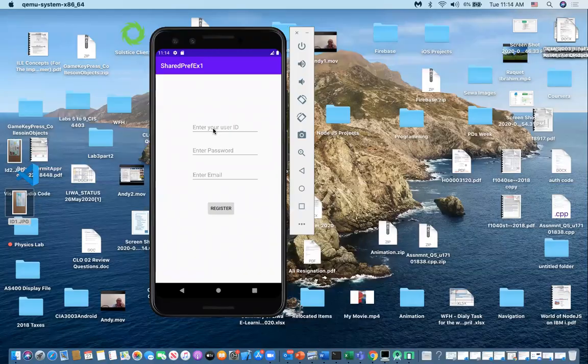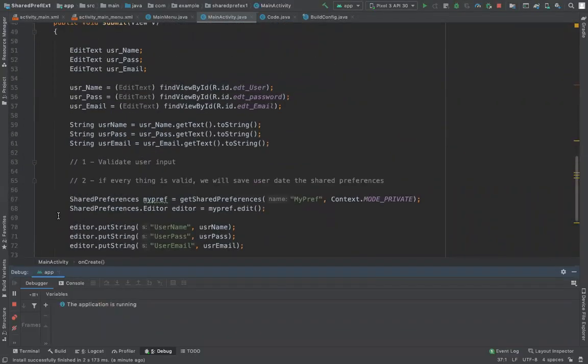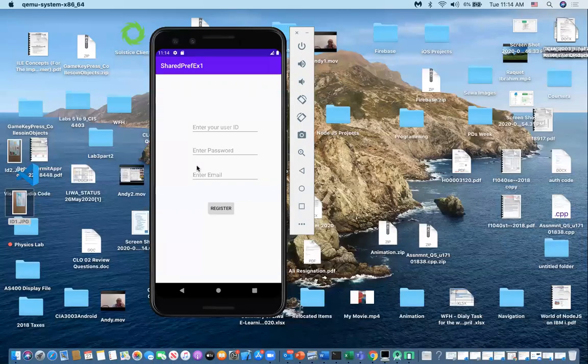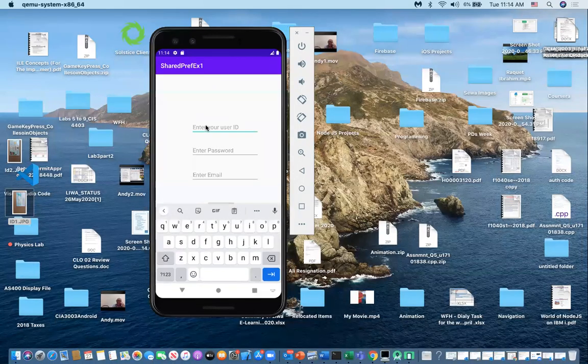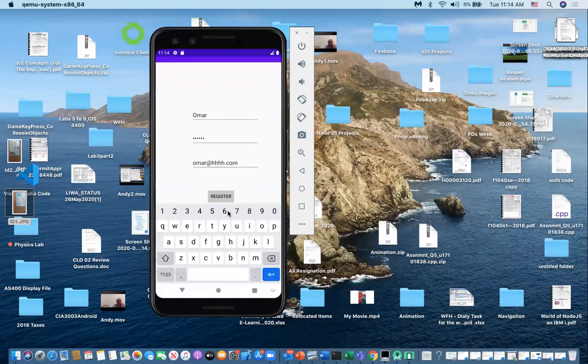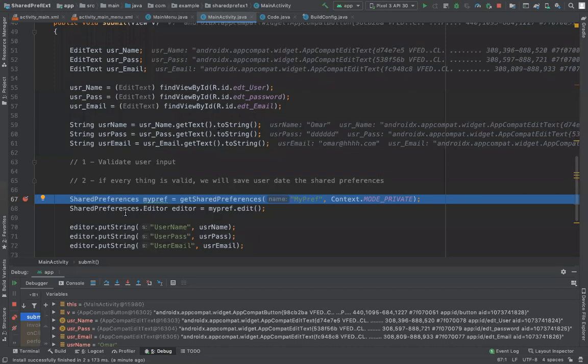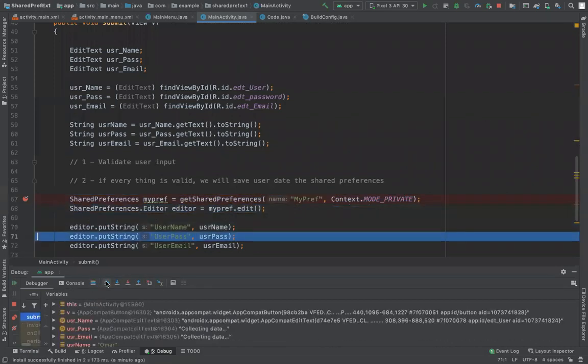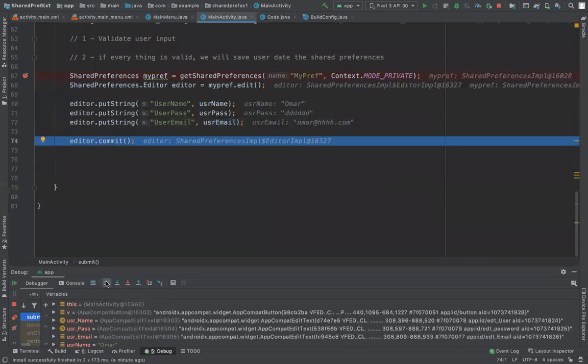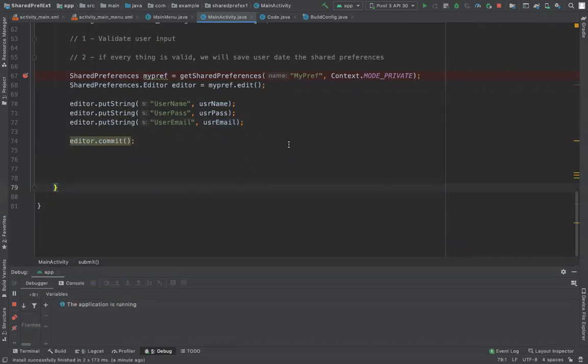So I'm going to register here. If I go back and I'm going to put a debug point here, and then I type in, this time, a different user. And then the password, whatever password. Again, you need to validate this, okay? And then you say omar@shhs.com. And now if you click on register, it will take this information and register it in your database in the shared preference. And then you commit it. Now, if I click on continue and I stop the application,